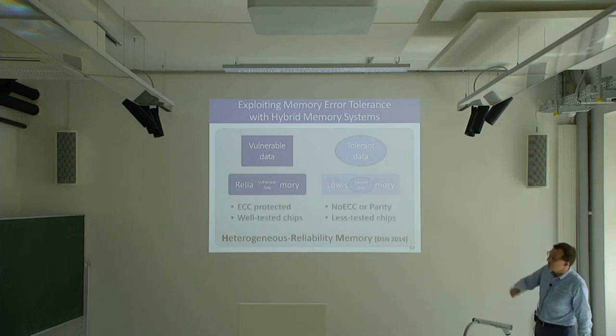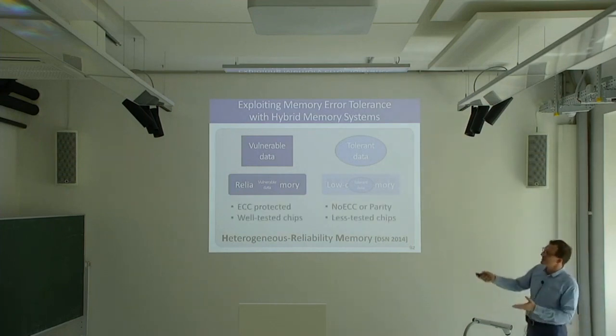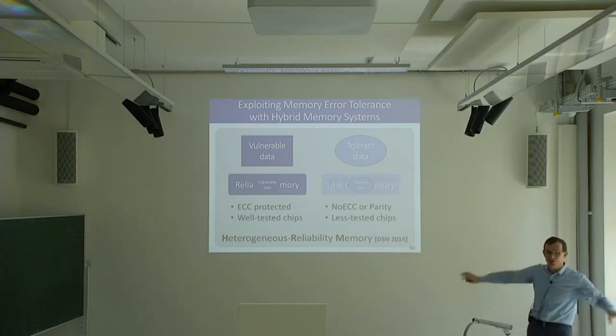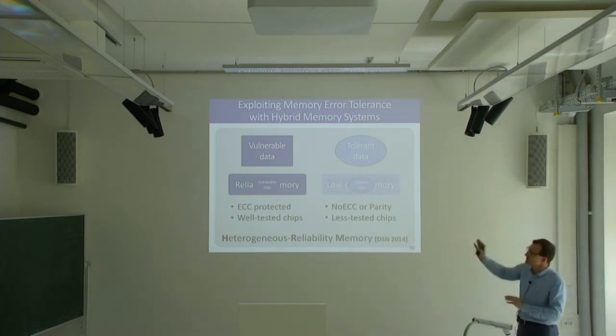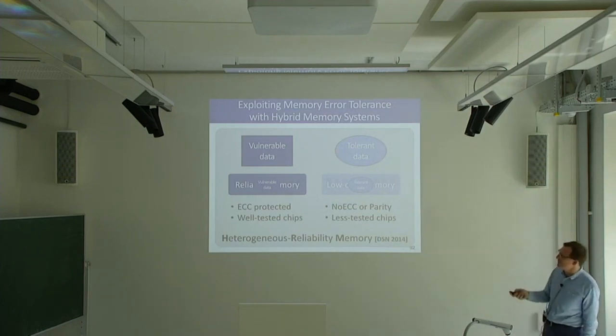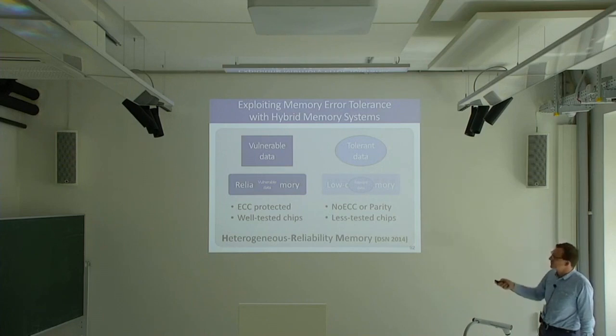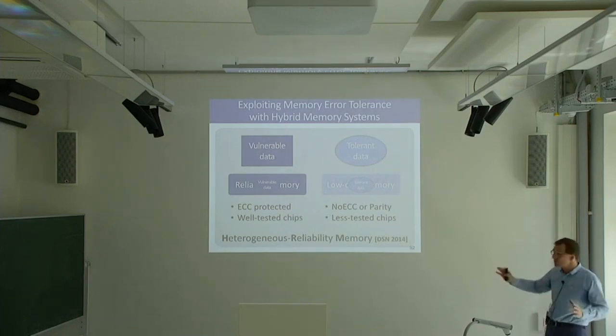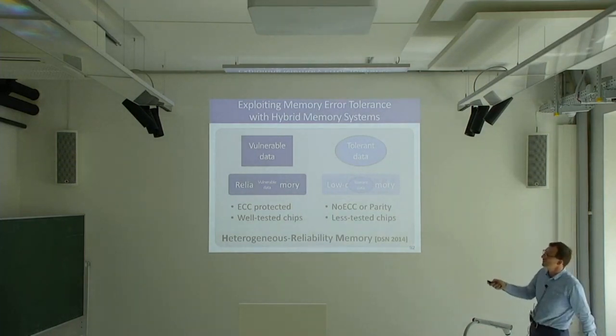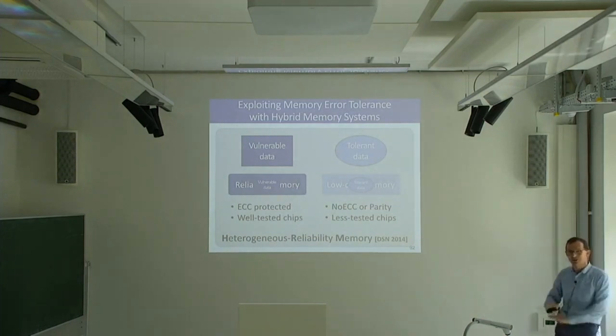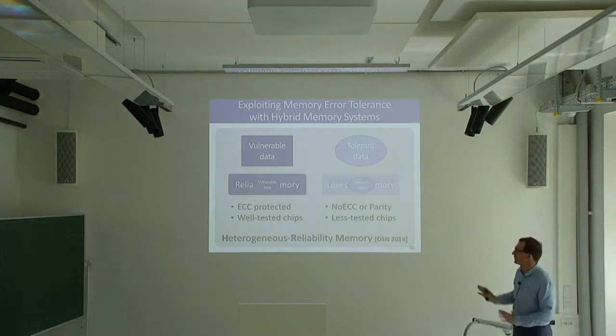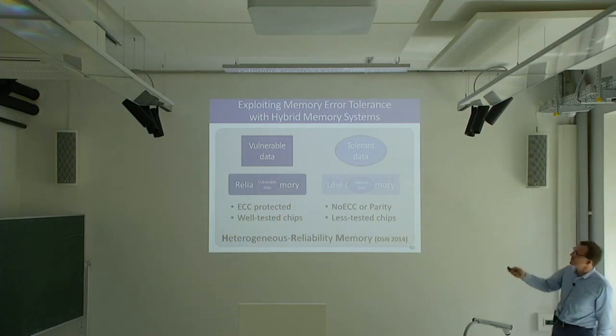And of course, there's a huge design space over here. How do you design this memory? If you have shades of gray, how do you design the shades of gray? In this paper, we look at different examples. So for example, here you can have ECC protection, error correcting codes, well-tested chips. If you look at the testing cost of DRAM, it's most of the cost of DRAM actually. If you don't test your chips as much, and if you can still get reasonable error bounds, maybe it's okay. Maybe you have no ECC over here. Maybe you have parity protection so that you can catch some of those errors and do something about them if you need to. But this can be very low-cost memory.